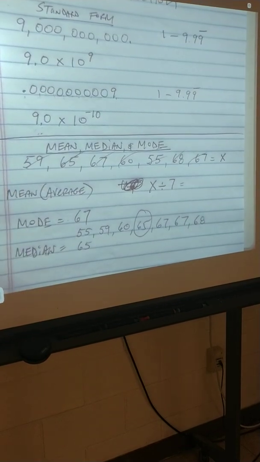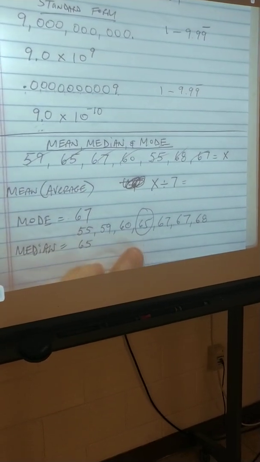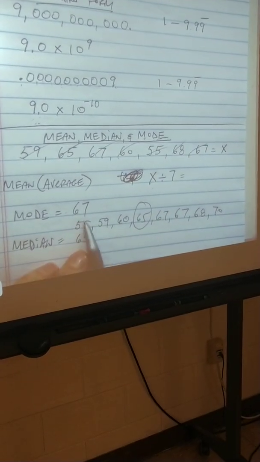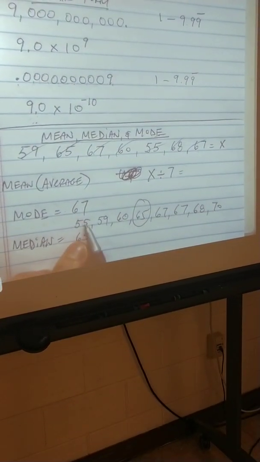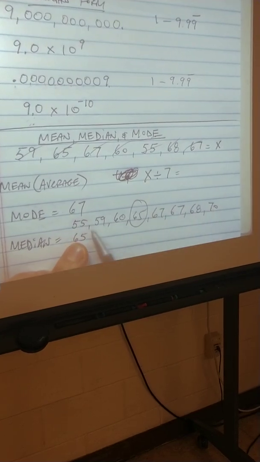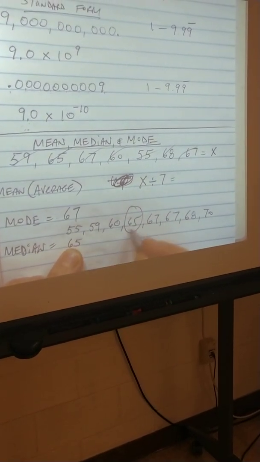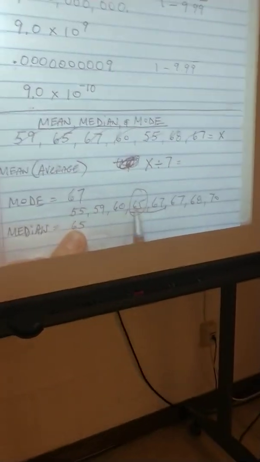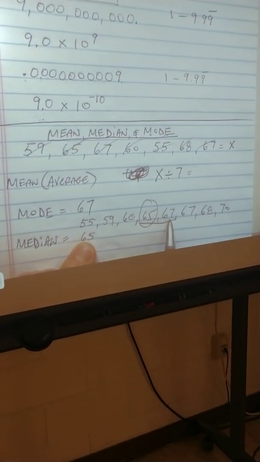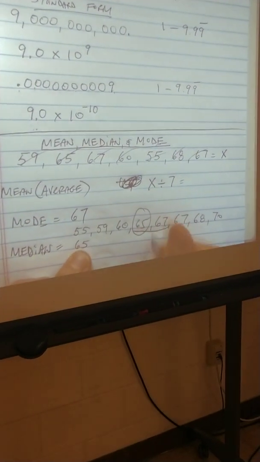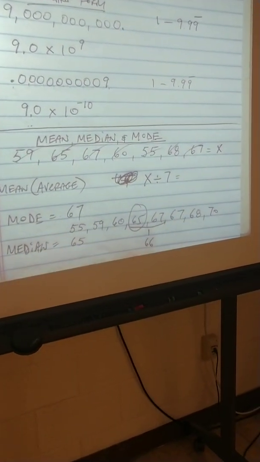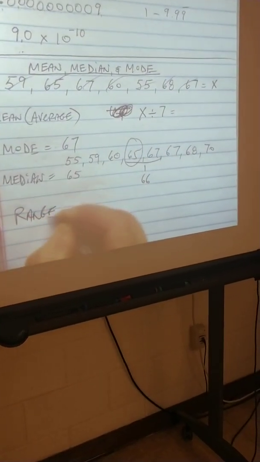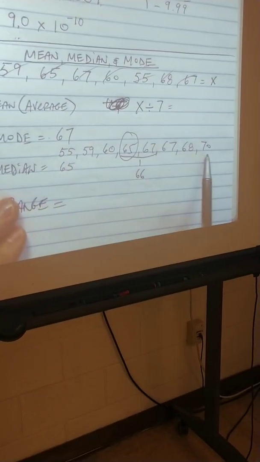Now, let's say, just for the heck of it, I had another number here, let's say this was 70, fine. Now I don't have an odd number, I actually have an even, I've got 8 total numbers here. So what you do is you look into the middle, these are your 2 mid numbers, and you would just find the average of these two, or what's the number between 65 and 67? 66. So in that case, the median would be 66. And finally, the last thing I haven't mentioned is what they call the range. The range, you take your highest number, in this case 7,